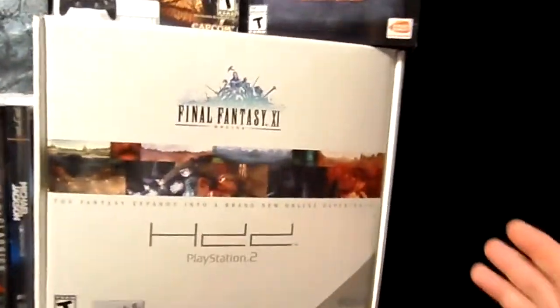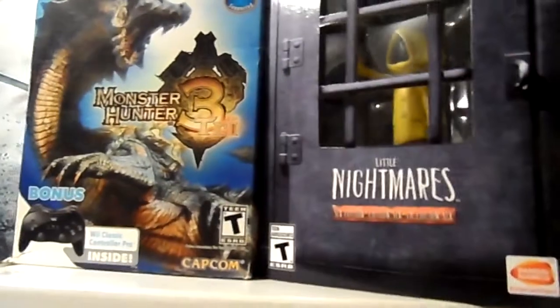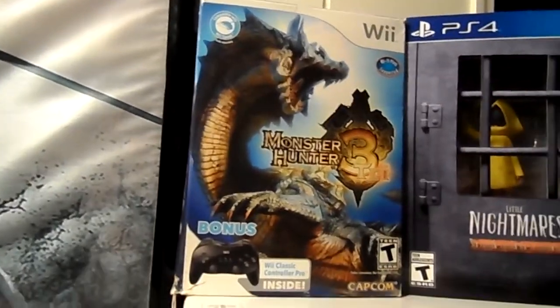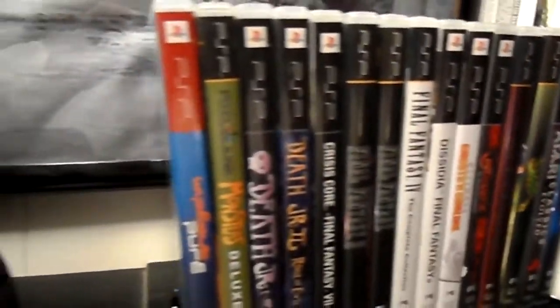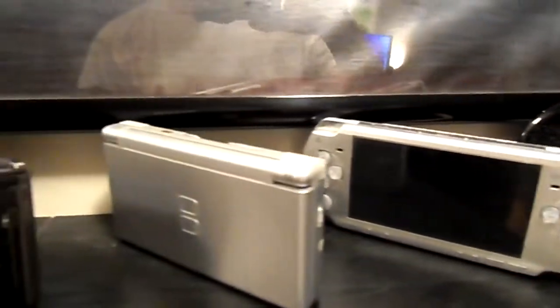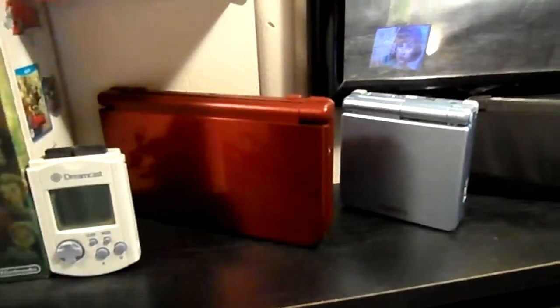Now, if you go up here, we have Final Fantasy Online, complete in box. This is the one with the hard drive and the game, and Little Nightmares, and Monster Hunter Tri, and PS Vita games right here, or PS Vita, PSP. Sorry. We have some handhelds. The Vita, the PSP, the DS Lite. What is this? I gotta look at the back of these sometimes. Oh, the 3DS and the SP and the new 3DS XL